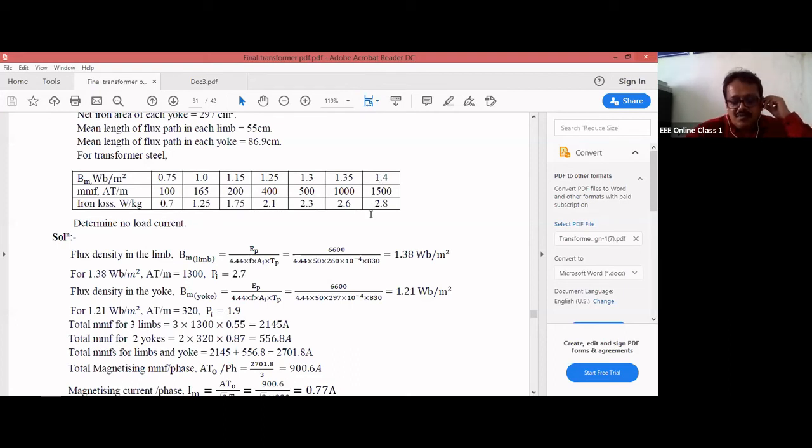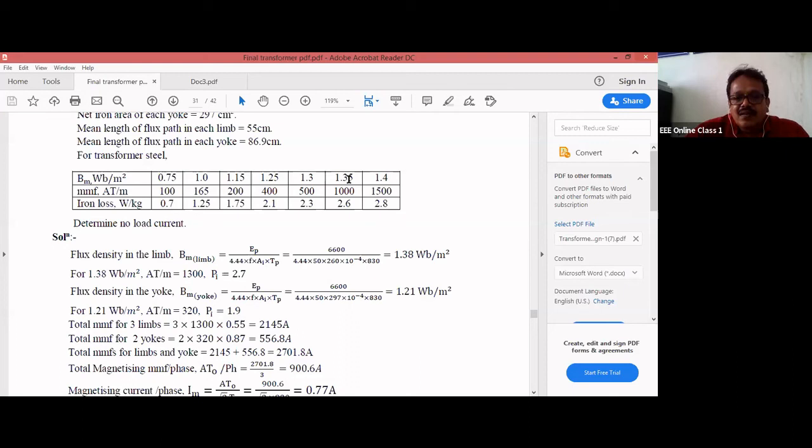And with 0.04, what do I get? I want to get 1.38, so another 3 decimal places I require. So 0.04 into 3 multiply, then what do you get? 0.12. You'll get 0.12. So 2.6 plus 0.12, what do you get? 2.72. Okay, I'll repeat once again.